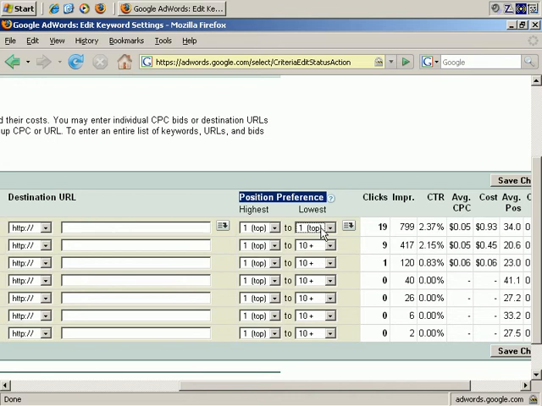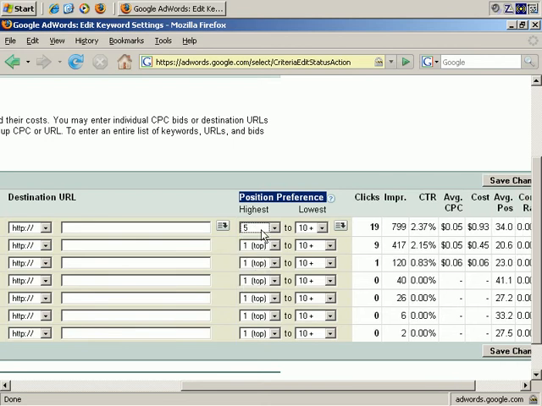This doesn't affect my maximum cost per click, so if my ad was going to appear in position 5 on a search, and I had this as a setting, it just wouldn't display, because as well as having to display, it will only display if it matches my position preference. So 1 to 10 plus is everything, so your ad would appear all the time. For example, let's say the ad appears in position 6 on a search, and you'd selected 1 to 4. Then again, your ad wouldn't appear, whereas, importantly,